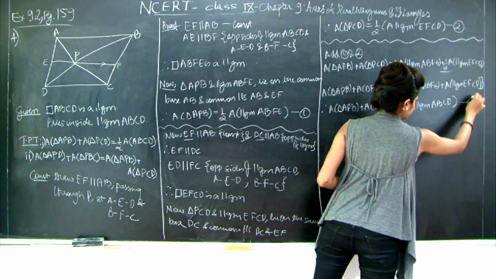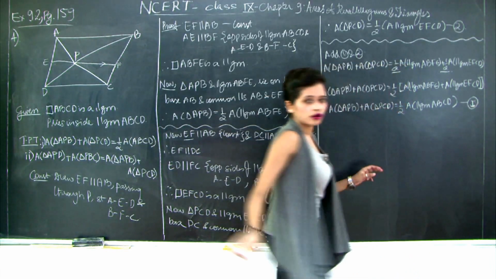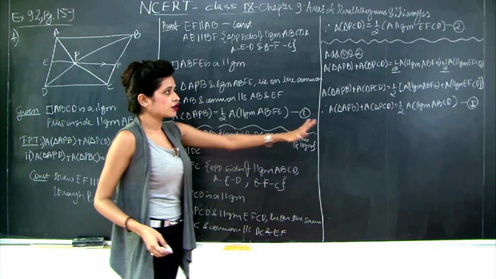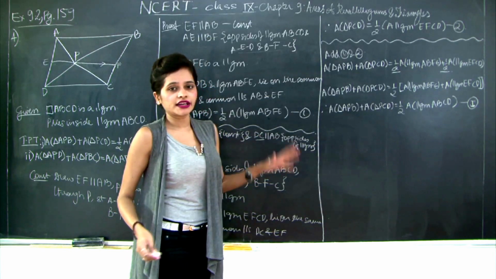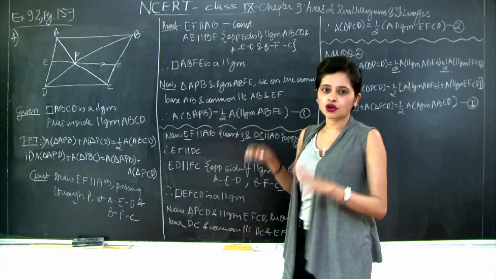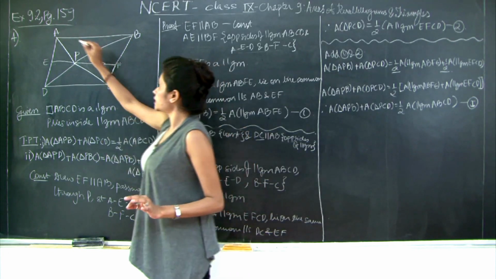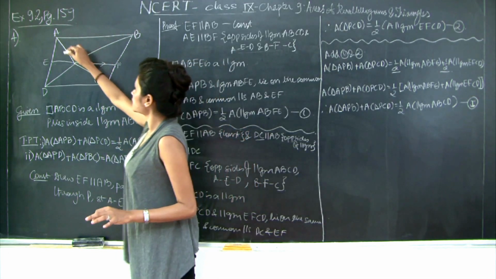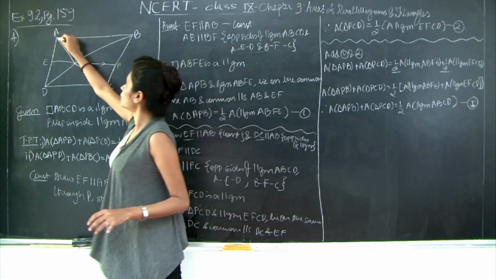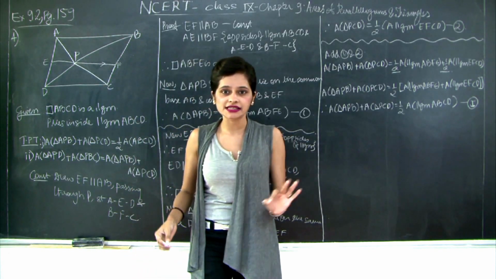a big A or Roman number 1, because I may need this for solving my section 2. Whenever you come to any conclusions, it's always a good practice to mark those equations. Now a very important point is, see, I'm not really drawing diagrams for you when we are tilting or doing anything. It is very important that when you're mentioning the common base and the parallels, you take a look at the base. You can't say that for this triangle and parallelogram, EF is the base. Why? Because the common base is this, and these are the common parallels. So make sure that you're referring to the correct bases and parallels.